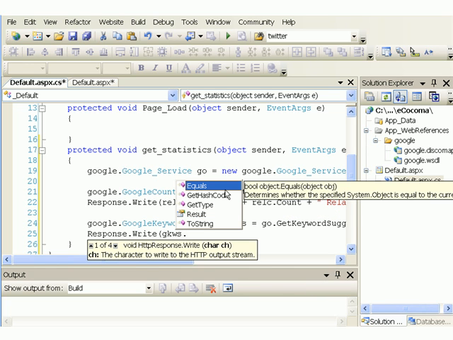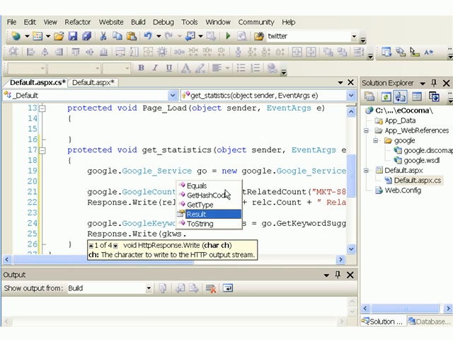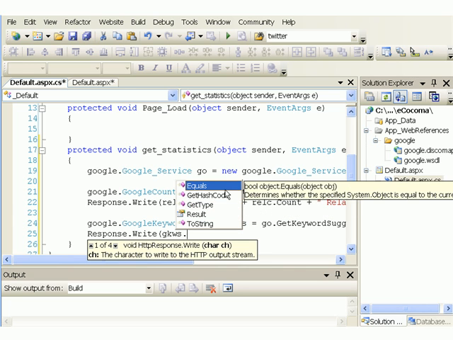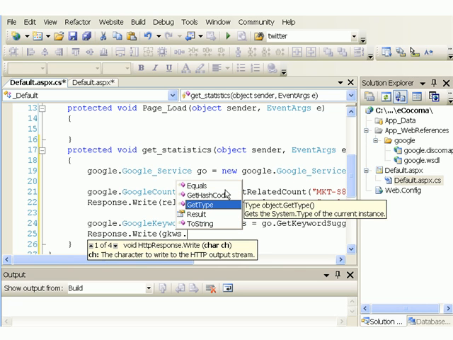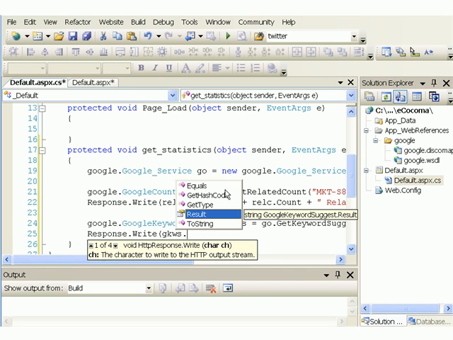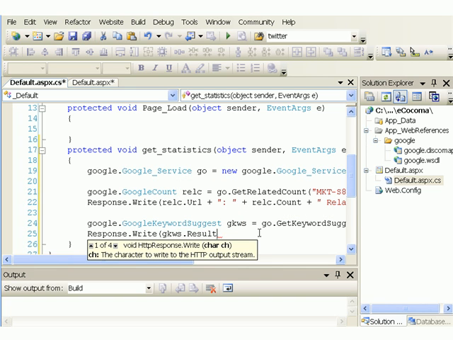It returns a result, hashcode, type, result and toString. So result looks like what we're looking for, and it looks like the result is a string. If you can see, Google keyword suggest dot result is a string, so that's something that I know how to print out. So I'm going to do that, and I'll put a semicolon after it,